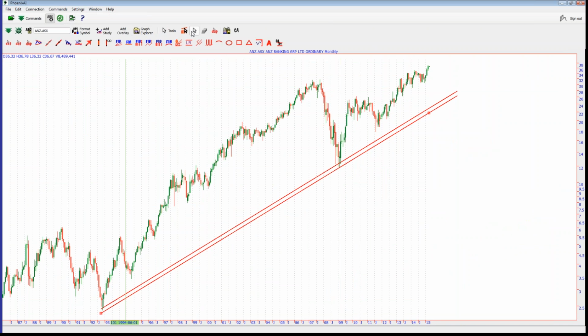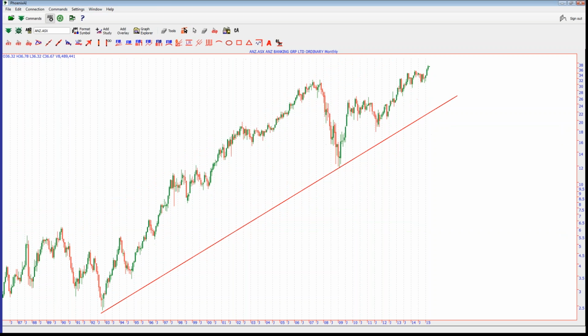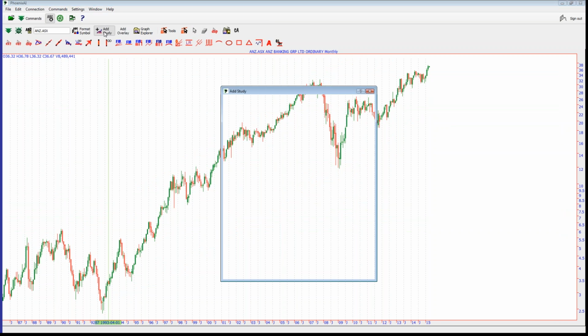Just get your arrow and grab and wherever you want to put it and so forth. Okay. If I want to delete it, get the eraser, delete, or if I right click my mouse button over it, delete. If I want to add an indicator of some form like volume, I can add study,